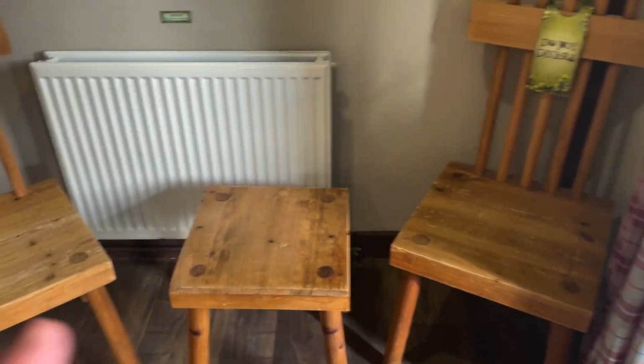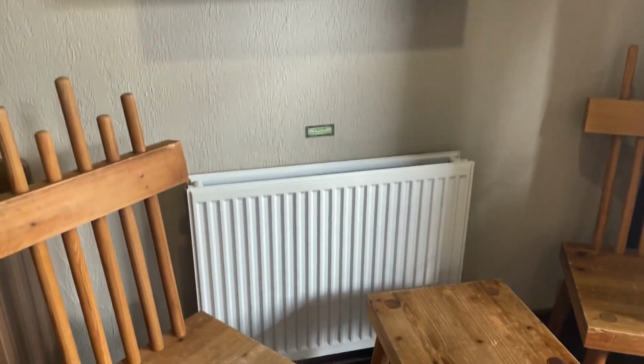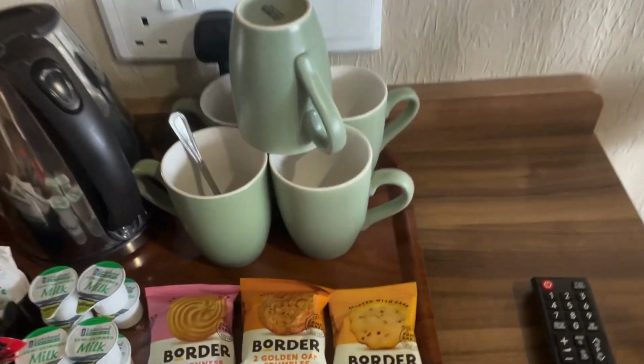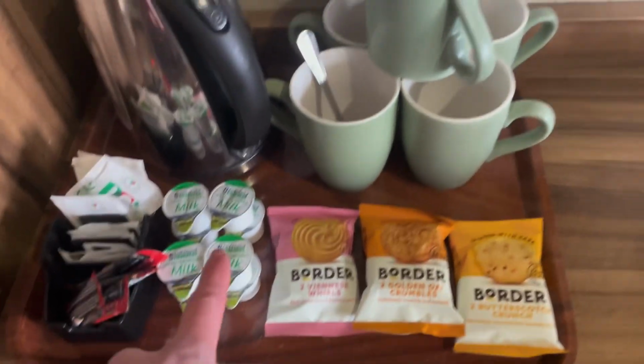Then they've got 2 chairs and a little table. Got a TV. There's also a little stool. Oh, they've got a radiator. That's good, so it'll be nice and warm. Then we've got 3 different types of biscuits, not that we even got this in the Alton Towers Hotel. Plenty of milk, tea, coffee, sugar,